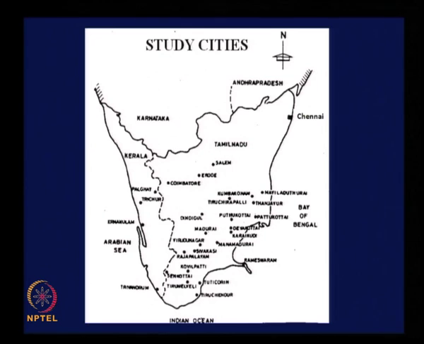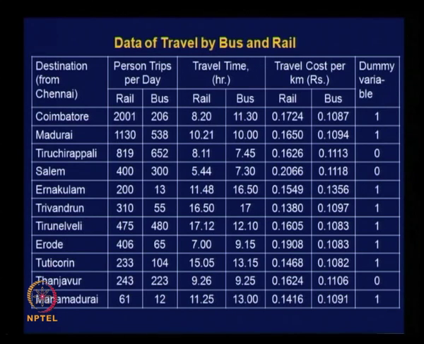Clear? Now let us have a look at the database. This is the information collected. Please remember, when we say % trips per day, it is the daily average of 1 month of travel for both the modes, but it is daily travel data. Okay. And the travel time in hours, the actual travel time as per their timetable, and travel cost per kilometer was worked out